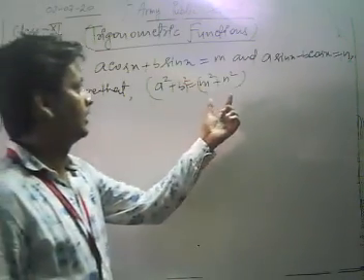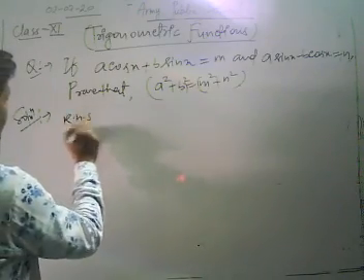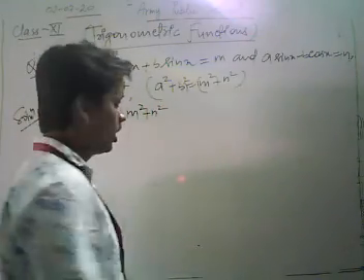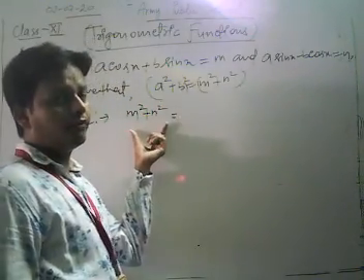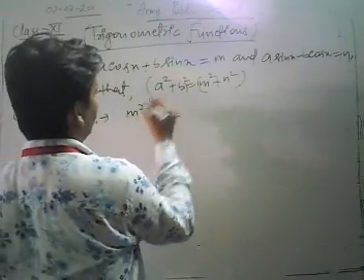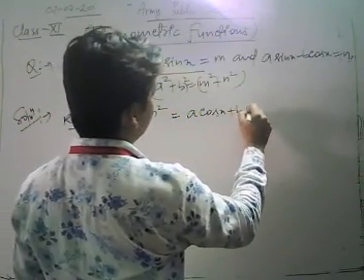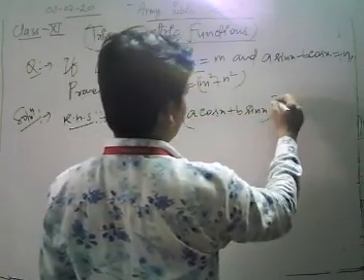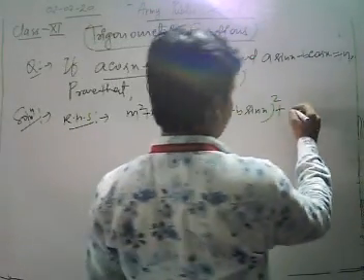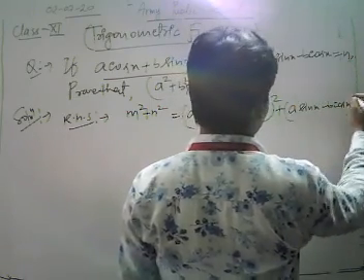First we take the right hand side, that is RHS. Take RHS, that is m square plus n square. Now put the values of m and n in that equation. We get, let's see, the value of m is (a cos x plus b sin x) whole square, plus the value of n is what? a sin x minus b cos x, right? Yes, (a sin x minus b cos x) whole square.